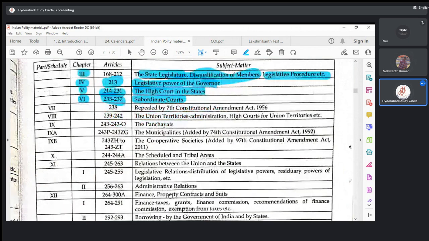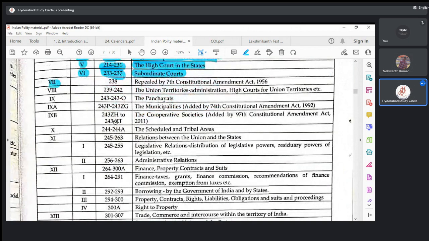What is part 7? Part 7, Article number 238, repealed by the 7th Constitutional Amendment Act 1956. So when we got our independence, how many states do we have today? 28 states. How many UTs do we have? 8 union territories. At that point of time,